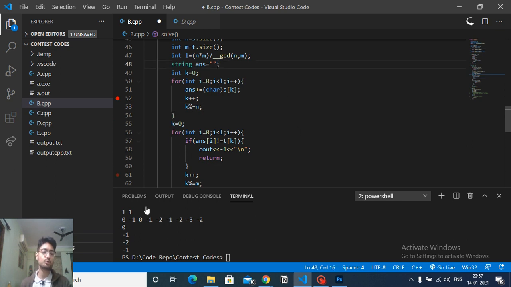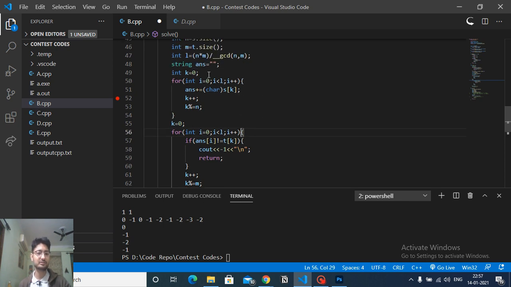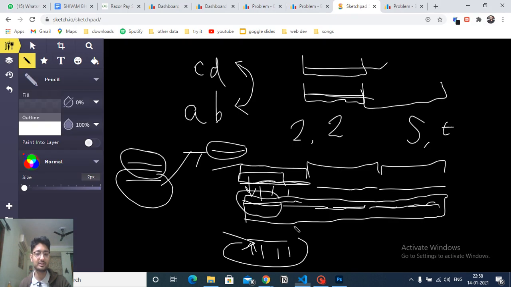So now we have stored the original LCM string in answer. Now we just have to do the same thing with the long string, and again iterate over the LCM string and match it with the other string, which is the T string, the longer string. If they are the same at a point, then we are okay. If they differ at any point, it means they are not the same, so we print -1, because they should be the same at every index. We are now taking the longer string and matching whether the first index is the same, second, third, fourth, fifth.